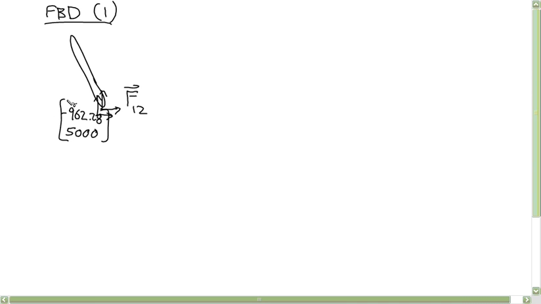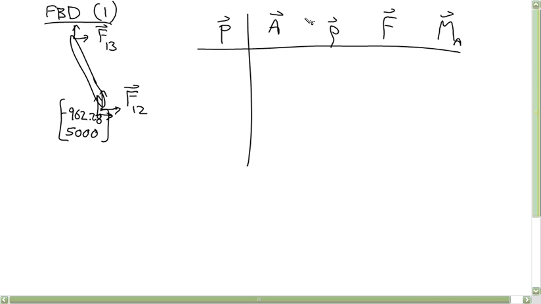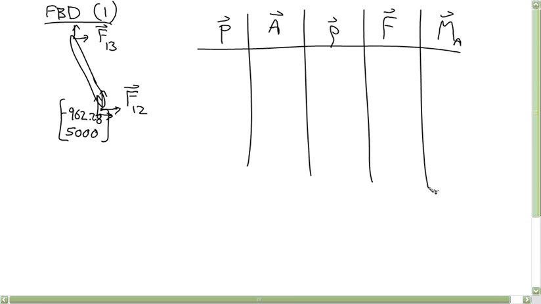And what else is acting? 3. Force on 1 by 3. Okay? And nothing else. I'll choose the same about point for this one. We'll get rid of 2 of those force vectors when we calculate the moments. So acting at 0, 0 with the same coordinate system,